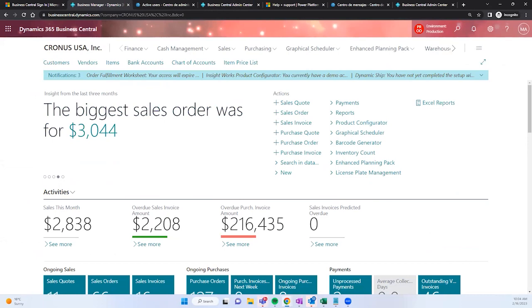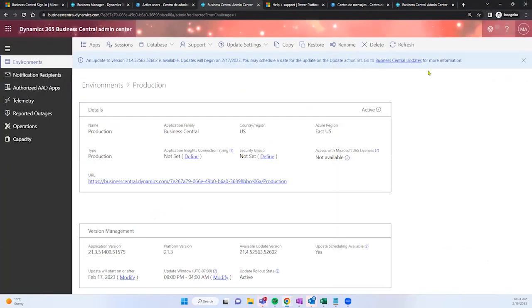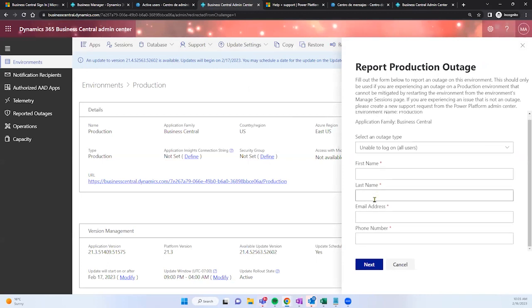But here we might find, I haven't seen it yet, but just in case, Microsoft created a report production outage. The report a problem section displays an email address to a hyperlink, okay? And this is all of the information that we're going to need, for example, unable to log on all users,